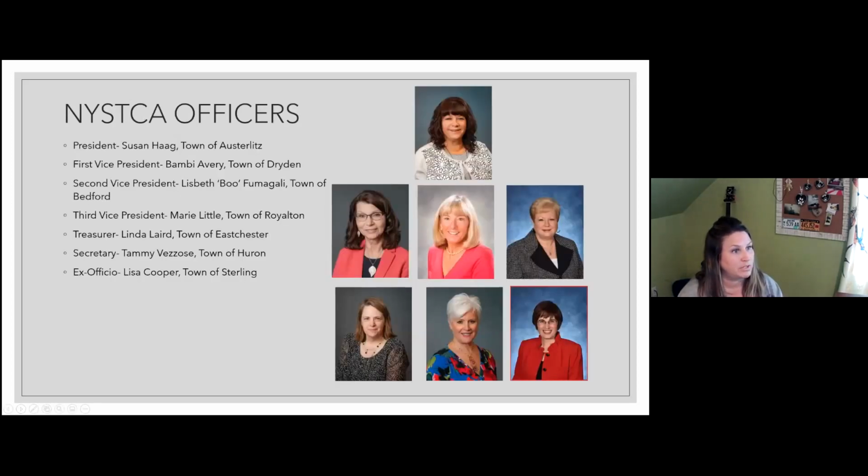Also representing our state association are NYSTCA officers. At the very top, we have President Susan Haig. She's the town clerk for the town of Austerlitz. We have first vice president, the first one on the second row, Bambi Avery. She's the town of Dryden. Our second vice president is Lizbeth Boo Fumagalli. She's the town of Bedford.